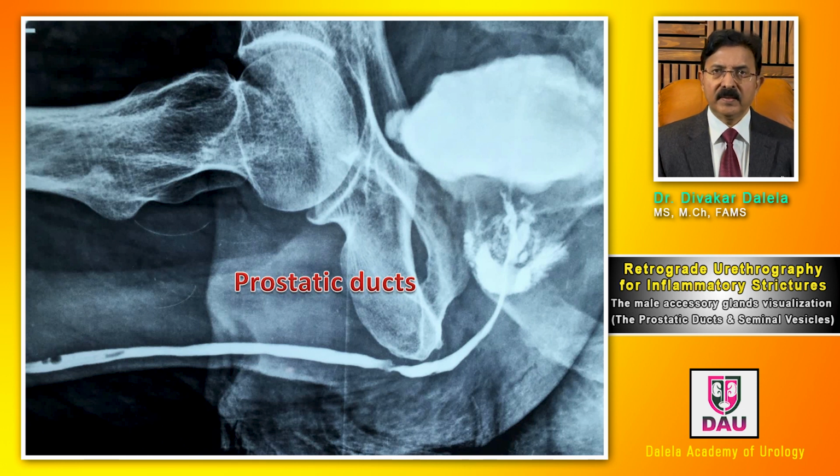Now, here is a patient whose urethrogram is showing you inflammatory urethral stricture. It's a long stricture in the urethra. And then you also see the contrast escaping into the prostatic ducts. You will notice that the contrast is seen only in the lower part of the prostate gland. The upper part of the prostate gland, the one towards the bladder neck, is not showing more contrast. Usually this is the pattern. The ducts which are around and along the verumontanum, their orifice dilates more, and that is where the contrast goes more.